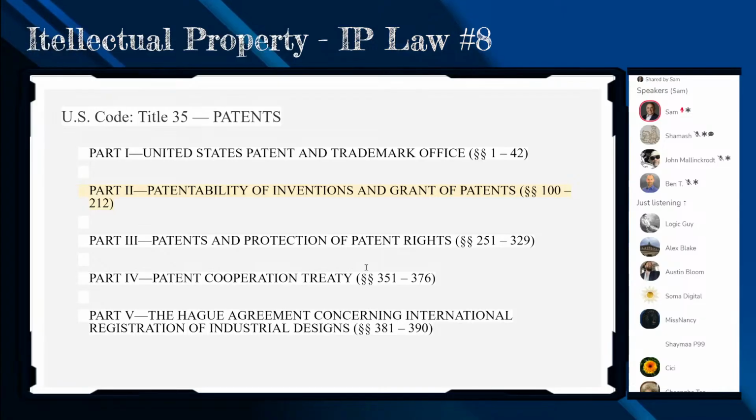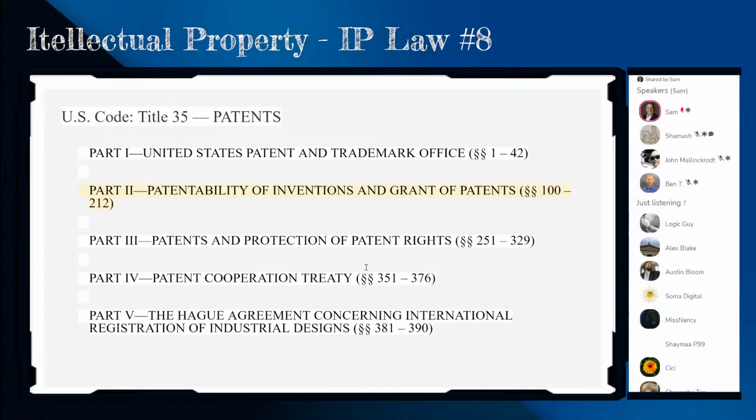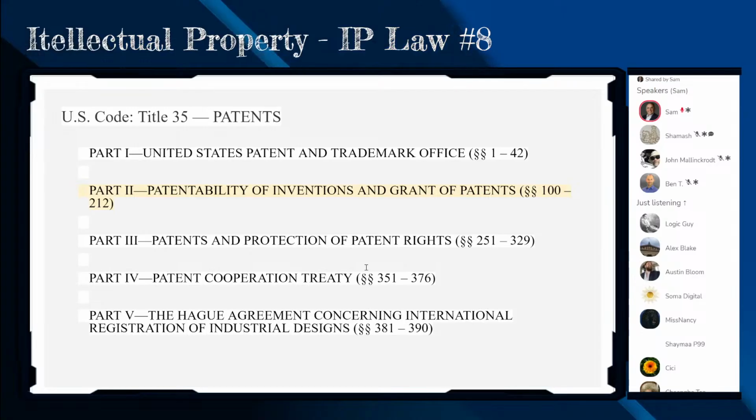Part 2, patentability of inventions and grant of patents, sections 100 through 212. So that's highlighted, and even if it weren't highlighted, you would know that that's the section we're going to be focusing on because it's on patentability of inventions. Part 3 is patents and protections of patent rights. Those are all the litigation